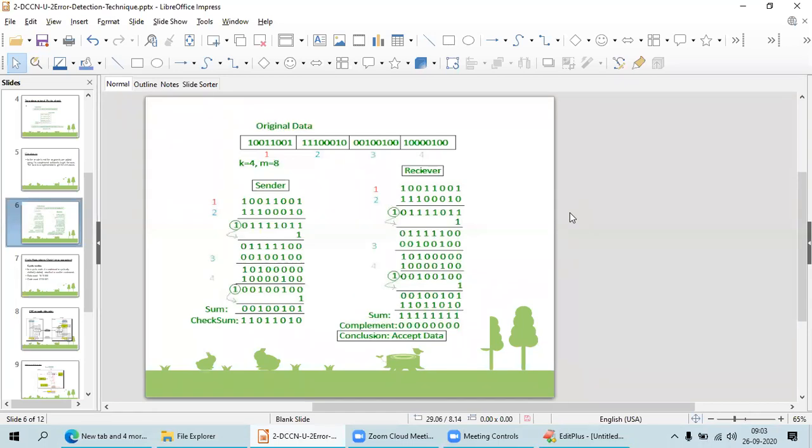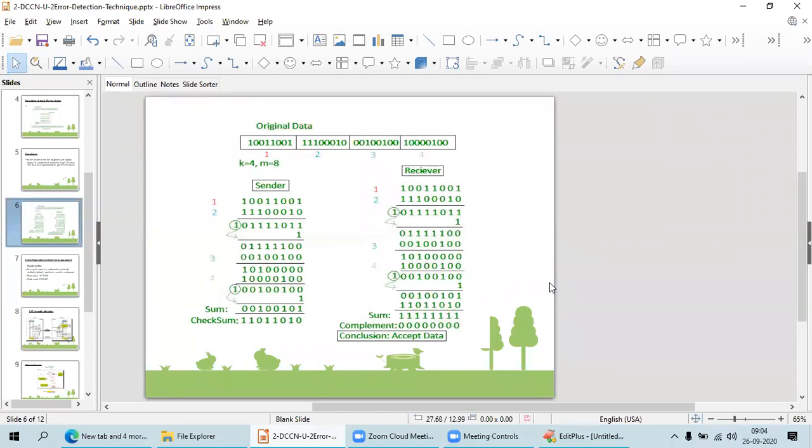Sum and checksum: every time I add these, the checksum is added at the end to the resultant. Everything happens at the receiver side now, that is the contract. Whenever I do that, it will come like that only. If I want to go to some place, I have to reach that only. Whenever you do it like this, every time you will get the sum as all ones, and when you complement it, all zeros.